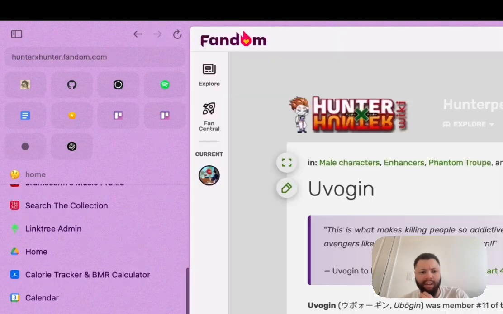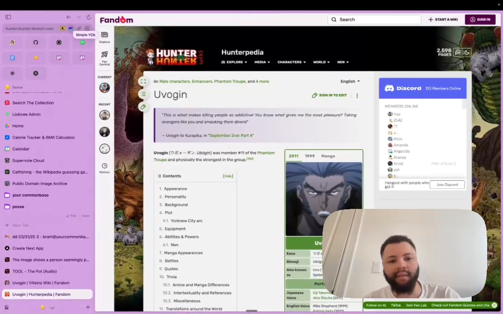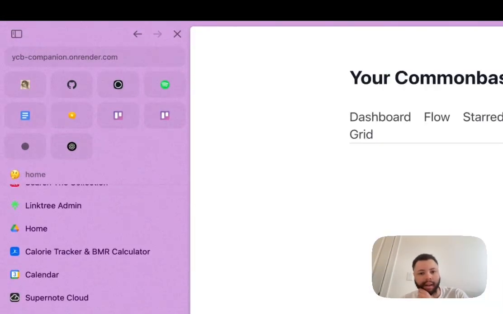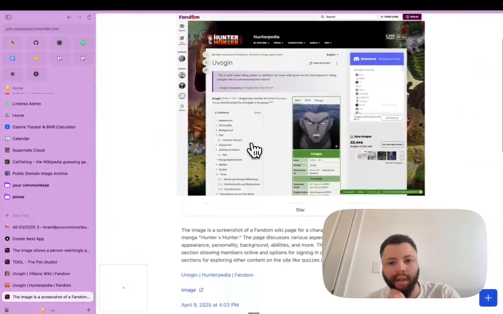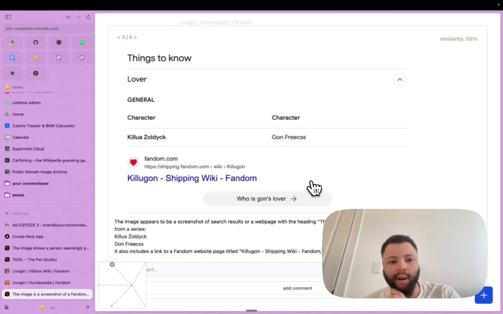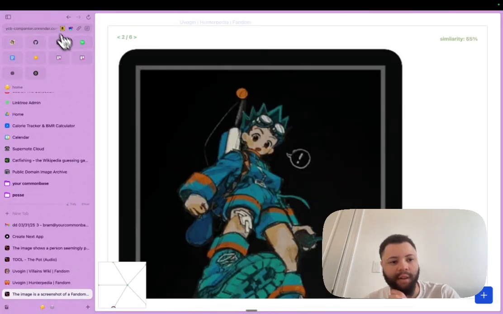And I feel like this chat feels really good because it combines the flexibility of what YCB does. So for example, if I see something interesting that I want to save like this, I click that button in the top left and I wait a few seconds until it gets saved to the system. Then I click view in YCB companion, and then boom, here's the website. So now this is in our system and we can see all the things that are next to it, right? Which are going to be Hunter x Hunter related things, of course.